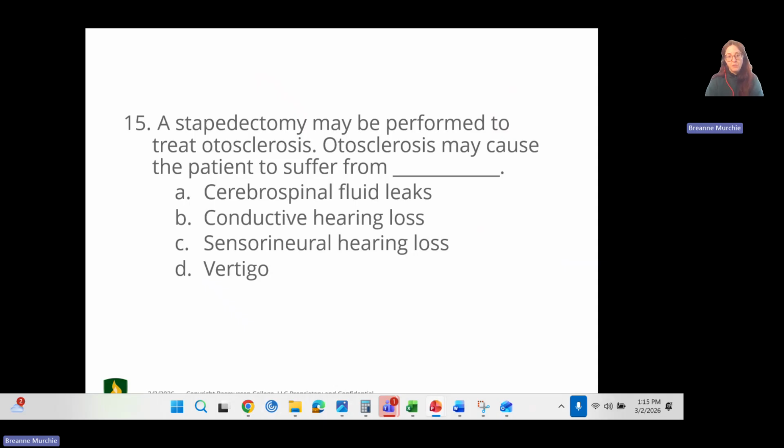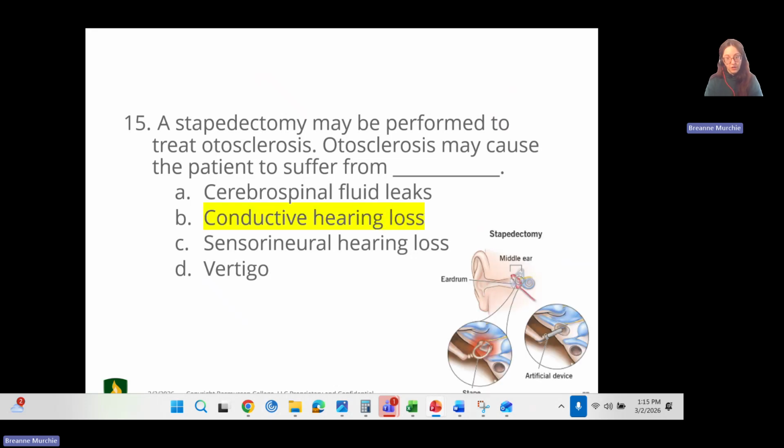And then number 15, a stapedectomy may be performed to treat otosclerosis. Otosclerosis may cause the patient to suffer from, and we talked a little bit about otosclerosis and an overgrown stapes footplate, but I was very careful not to say which kind of hearing loss. This is going to be conductive hearing loss, because what we are talking about with the 3 ossicles of the middle ear, that conduction of the vibrations, I was trying to give you guys a little bit of a clue there,